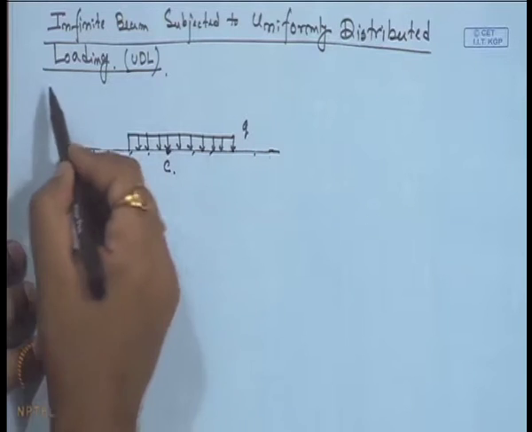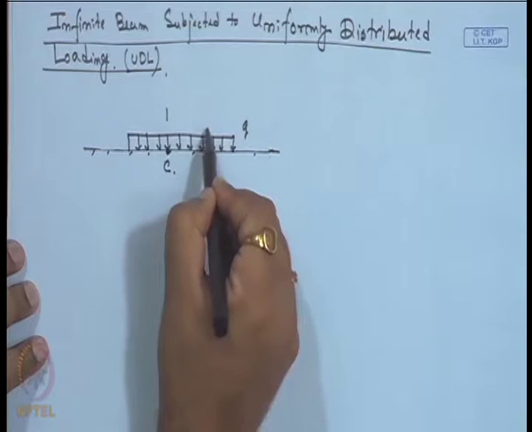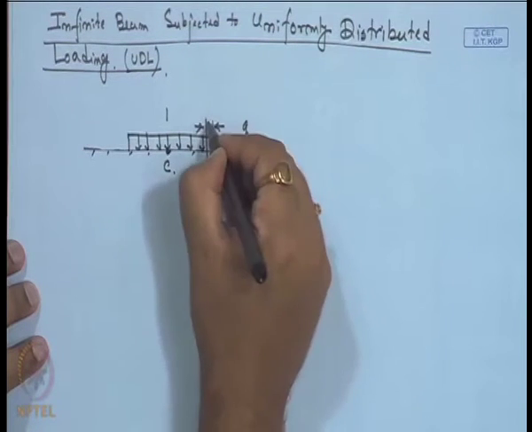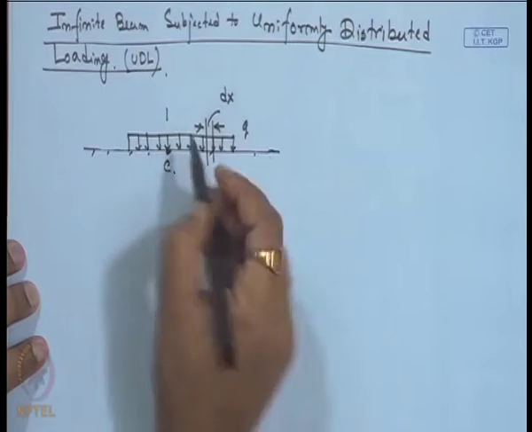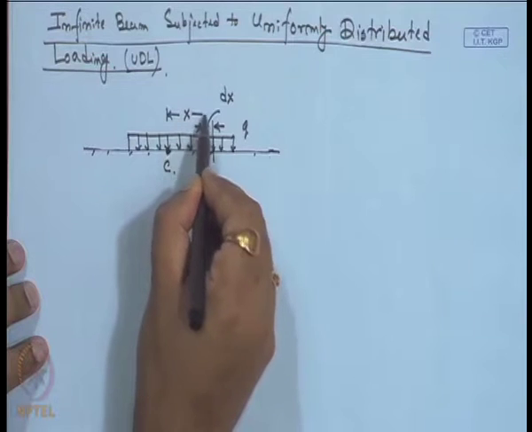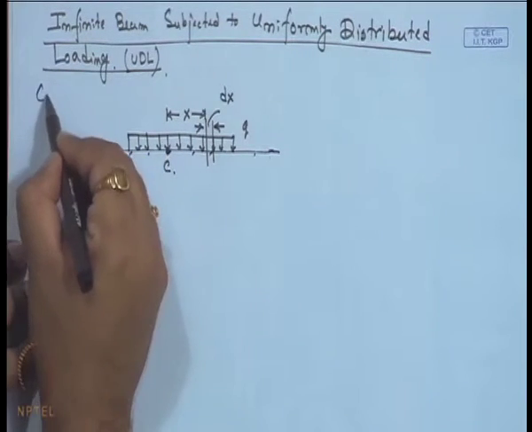So, first case, what we have done, that we can take an infinitesimally small segment. So, that is a segment with d x at a distance of x from the C. So, first case, case A,